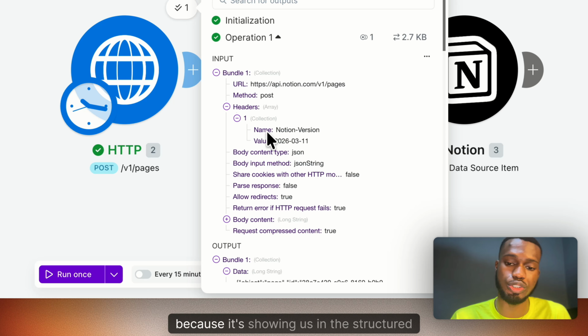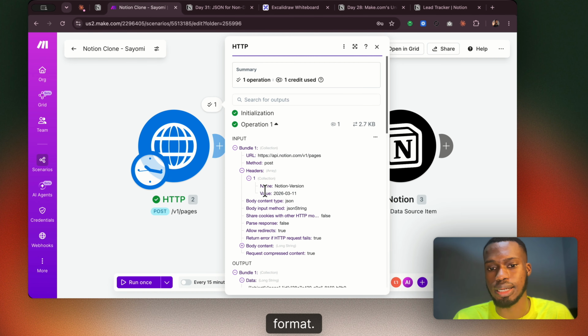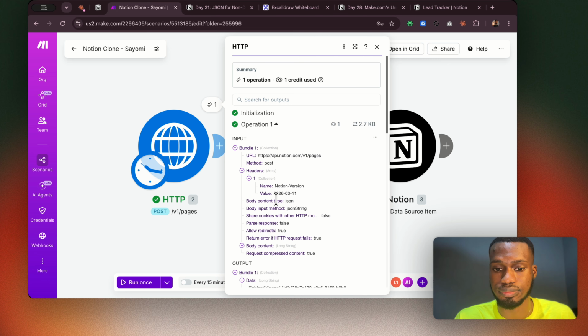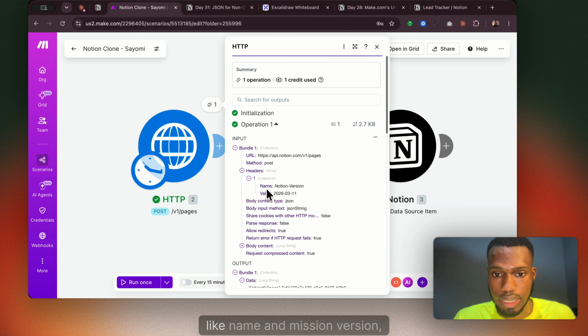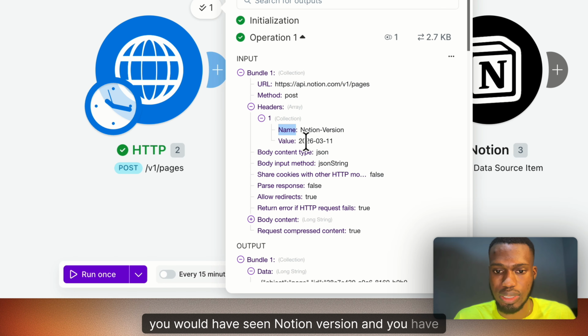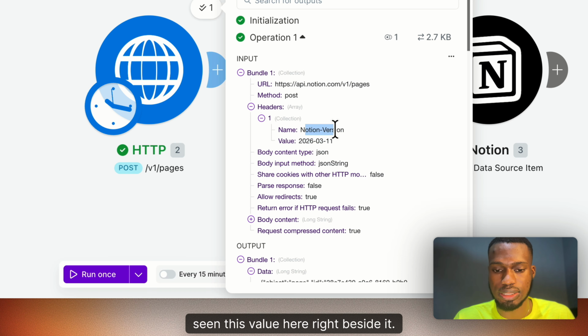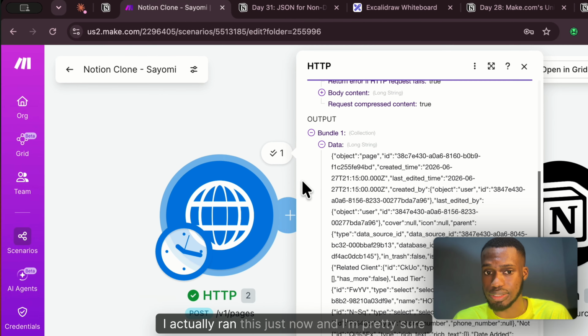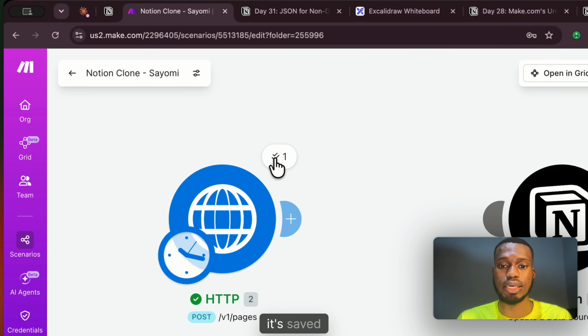It's showing us in a structured format now. If it was showing us without a structured format, you would have seen it right beside each other, the same way you have name and Notion version. You would have seen Notion version and this value right beside it. That was actually what I wanted to show you guys. But you can also see I actually ran this just now, and I'm sure it's saved